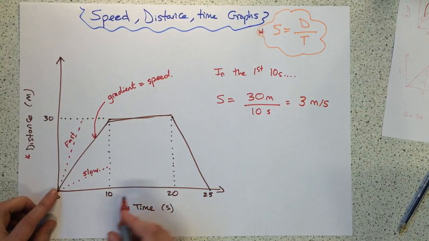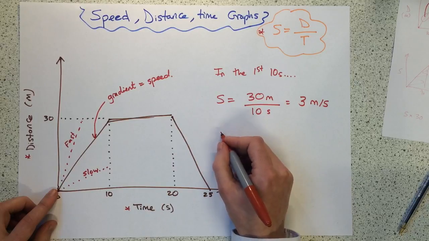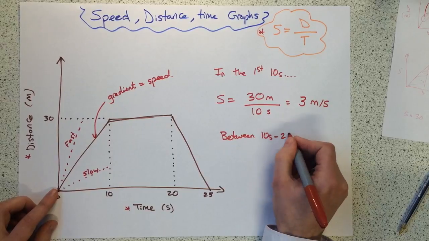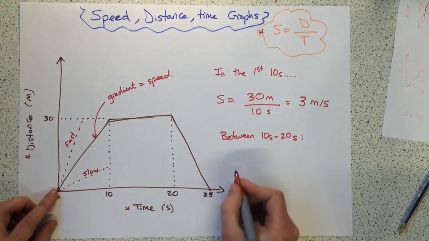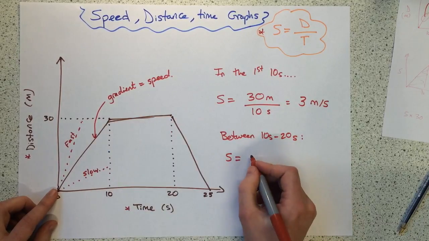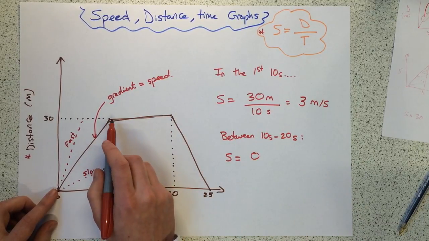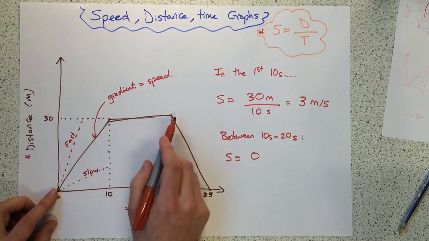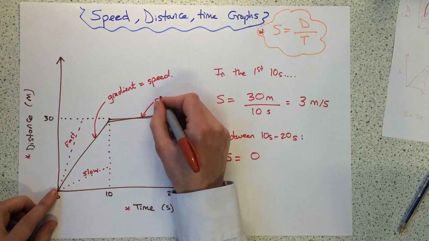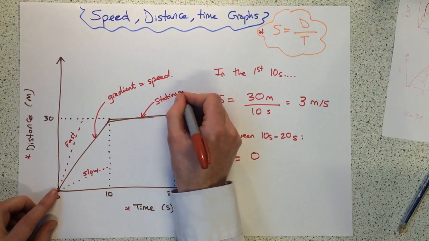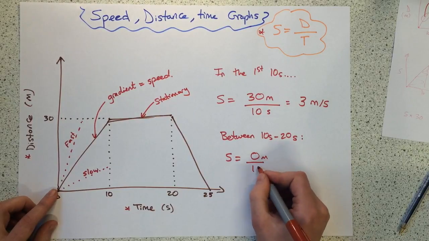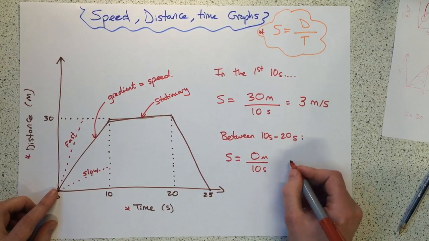The next thing to look at is between 10 seconds and 20 seconds. So, what's the speed? Well, the distance between here and here is 0. So if the distance travelled is 0, then the speed is going to be 0. So this here is stationary. Okay, so that travelled 0 meters in 10 seconds, so therefore the speed